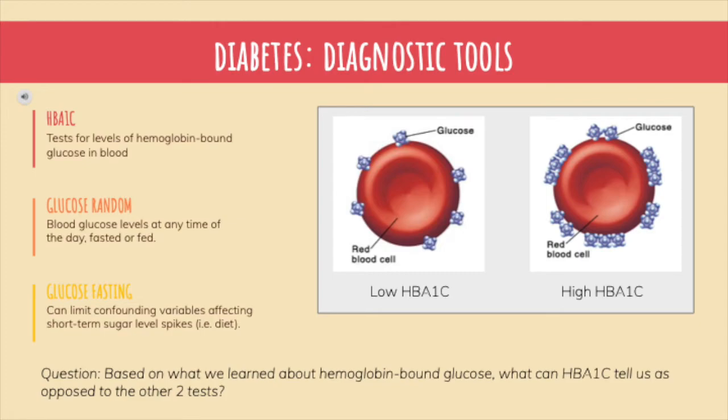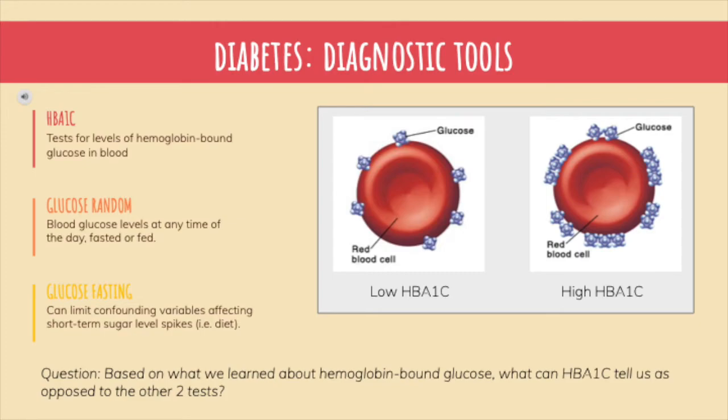For example, maybe dinner you've had prior to the test might have coincided with your blood sugar levels, and it might not be the most accurate description. So that's why fasting is really important. Glucose random, on the other hand, doesn't really look for that. It's more of a random test that doesn't have that fasting component to it,